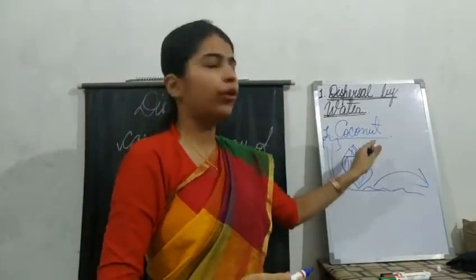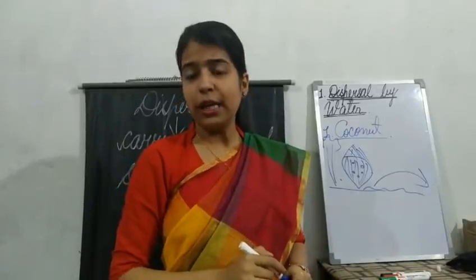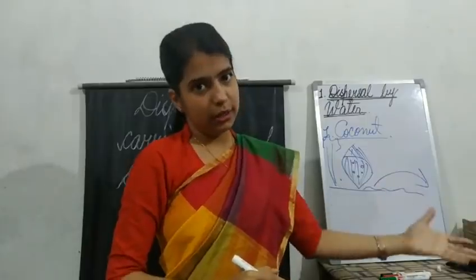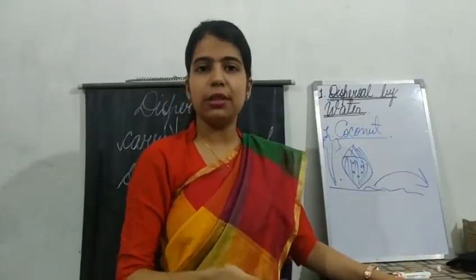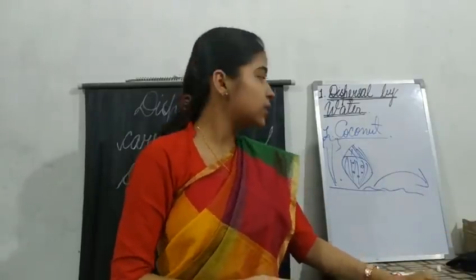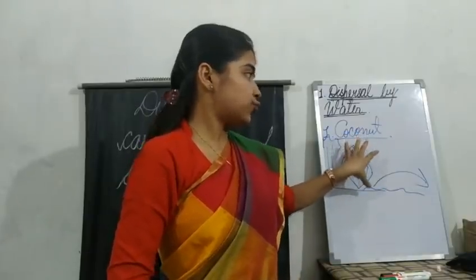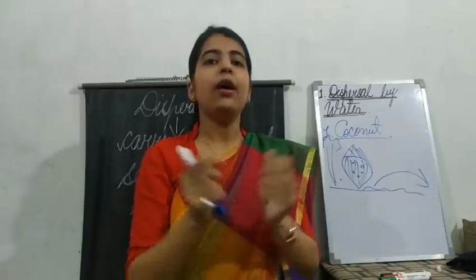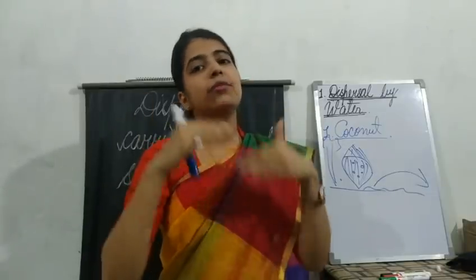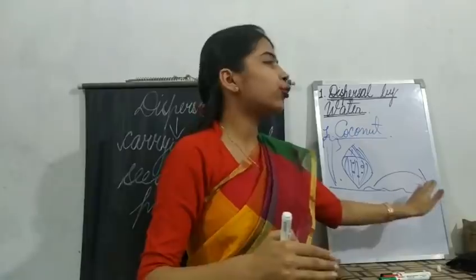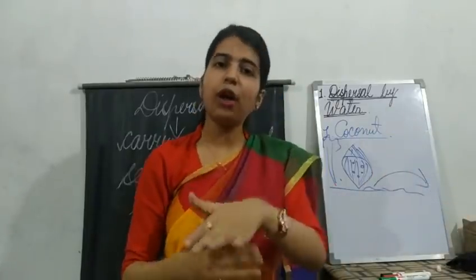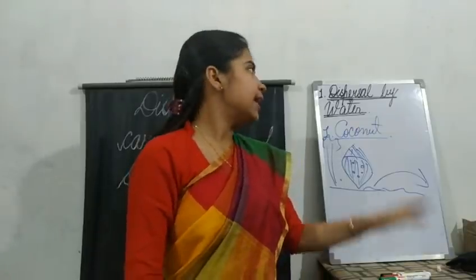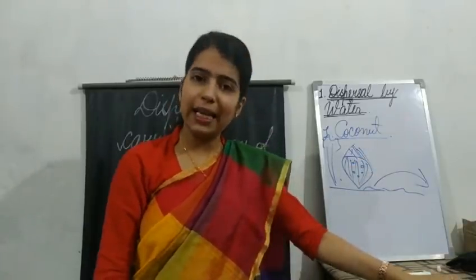Coconut mostly grows near the seashore, isn't it? So what happens? Once the fruit falls in the water, in the seas or in the oceans, its fruit structure is such that it traps air inside. Once it traps air, the seeds become very light and they float to a distant place. Wherever they fall, a new plant will come out.